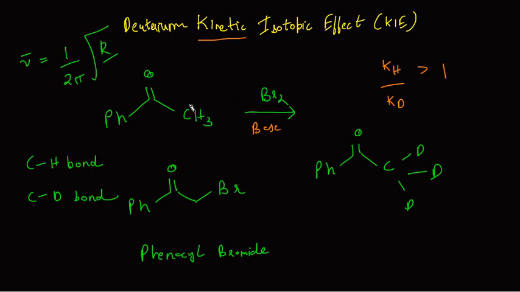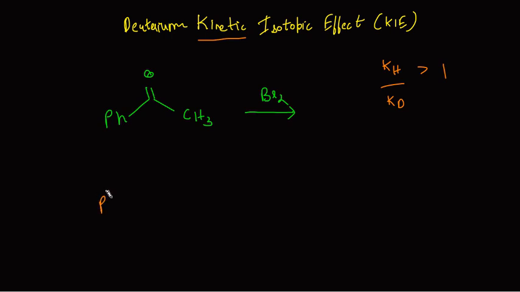It will abstract any one proton from the three hydrogens that are present among the three CH bonds. It will abstract one proton. Okay, and let me just quickly show it to you. What will happen is basically the base will abstract any of the protons from here. So let's say the base comes over here and abstracts this proton.